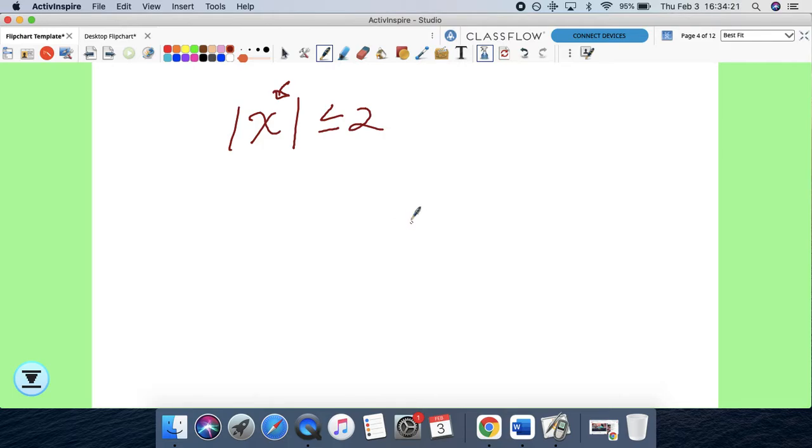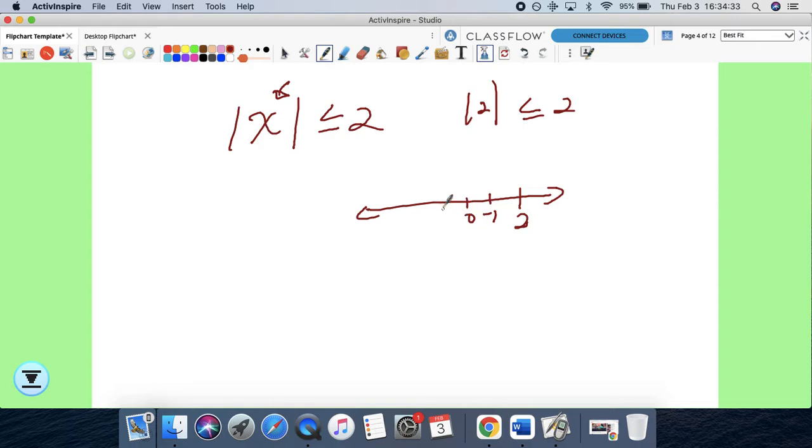So if you think about this, what values can I put in here? Well, 2 would work, right? 2 works in there. -1 works, 0 works, absolute value of 1 works, absolute value of 2 works, but notice that absolute value of -2.1 doesn't work, because the absolute value of -2.1 would be 2.1, which is greater, so that's not part of our solution. So our solution is, and this one is simple, x can be any number between -2,